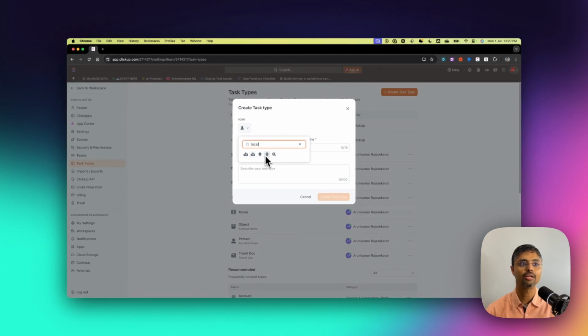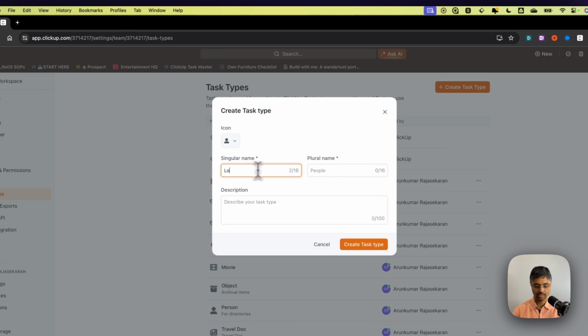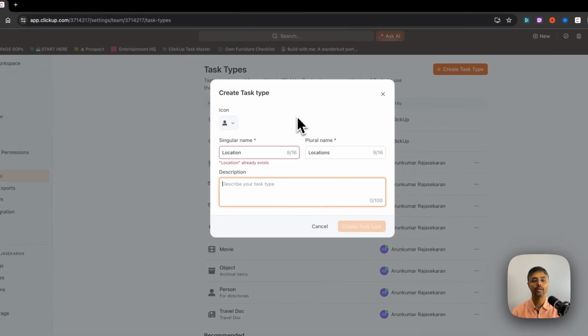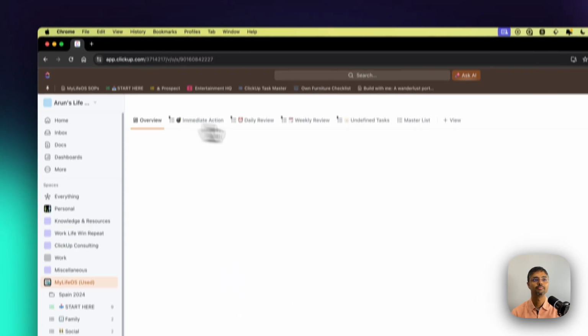a map location, a pin, what have you. And then you can give it a name. In this case, it would be called location, and a plural name, locations. And you can give a description of why and where you would use this particular task type. I have already created a location task type, so I'm going to go ahead with that. Back to my workspace,